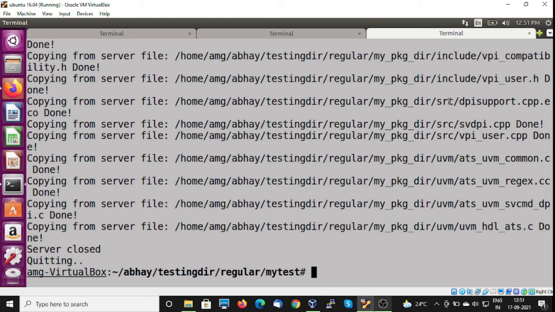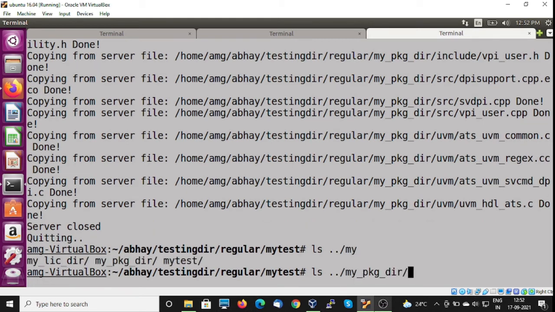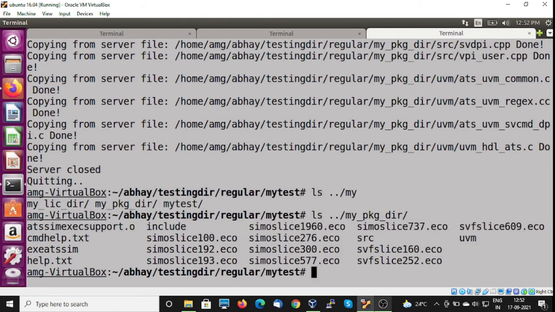So the complete package is downloaded now. Let us see the location where we have downloaded our package. So this is the complete package.